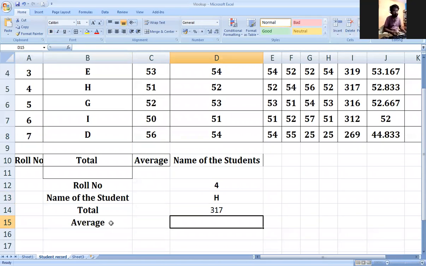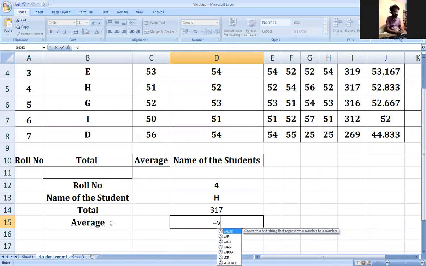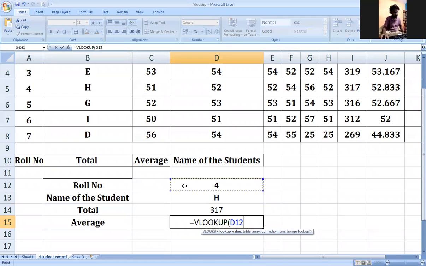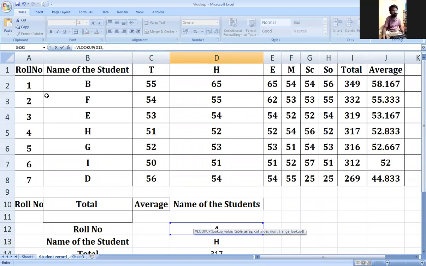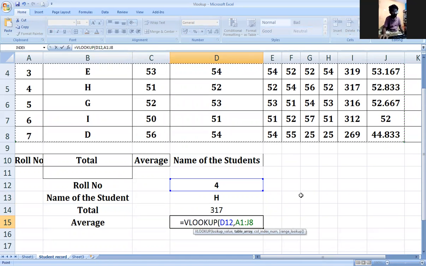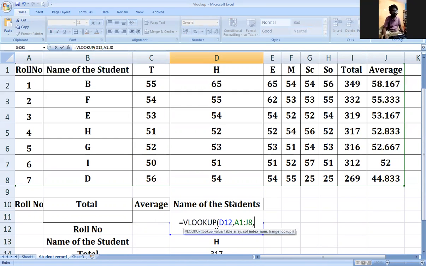And if I'm asking about something about average, then directly I can go for VLOOKUP. And in this, I take up the roll number as a base value. Then in this, I select again the table area, then comma. Then the index value is the 10th column value, 1, 2, 3, 4,